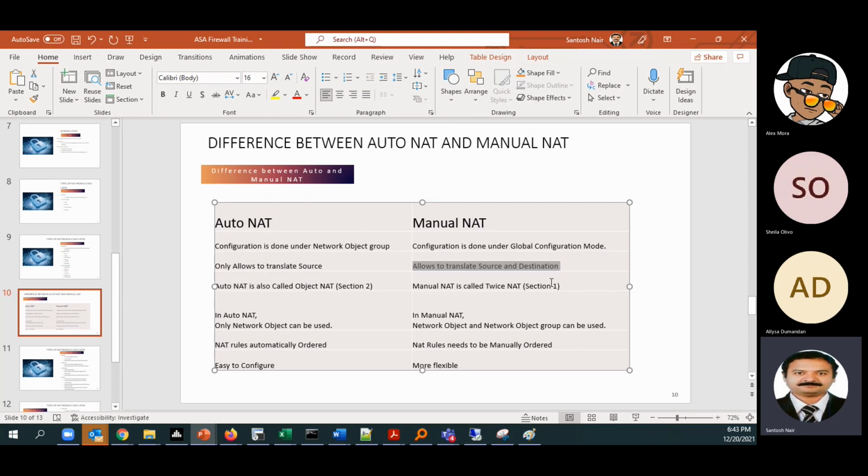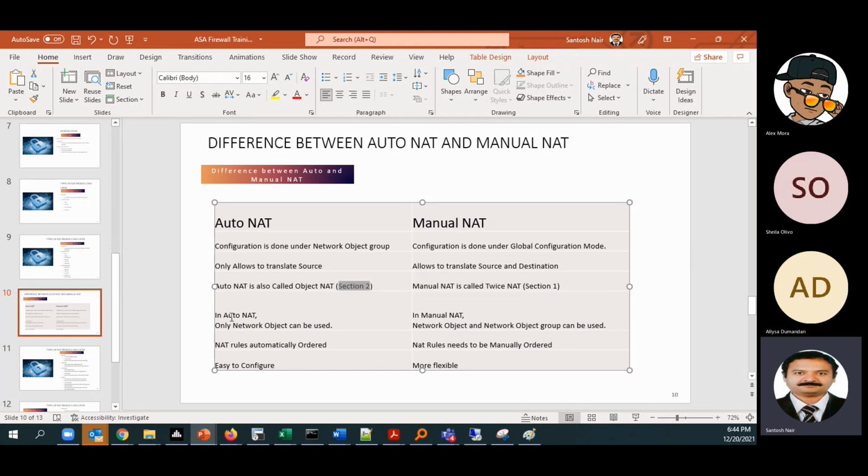Always remember, if you do a show nat or show xlate and it shows under section 1, then it is manual NAT. If it shows as section 2 in the show xlate, it is auto NAT. This part is clear?